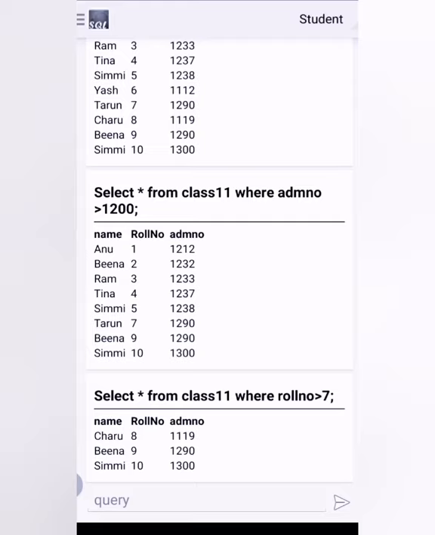So the where clause is used for showing the data according to the condition. In this way, we can specify the particular rows and particular columns. For selecting particular columns, we have to type the column names and then the table name, and for selecting particular rows, we use the where clause, and according to the condition, our data is sorted.